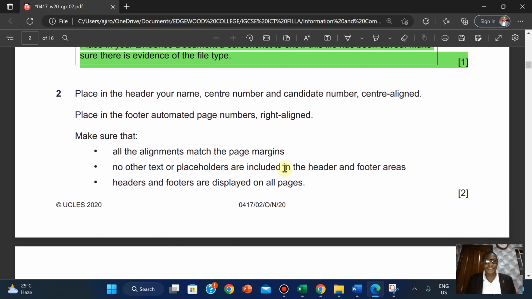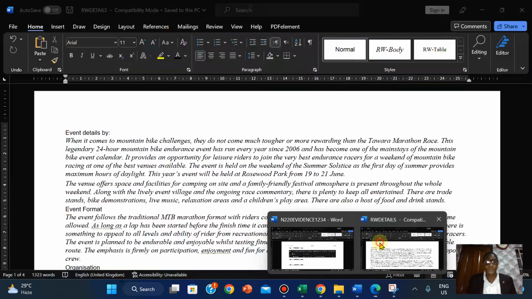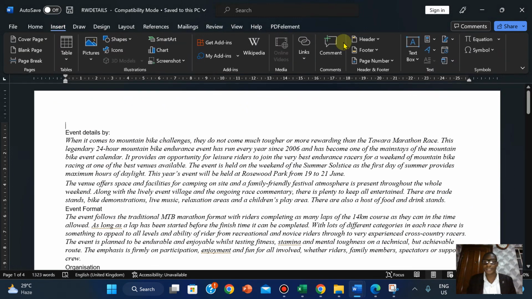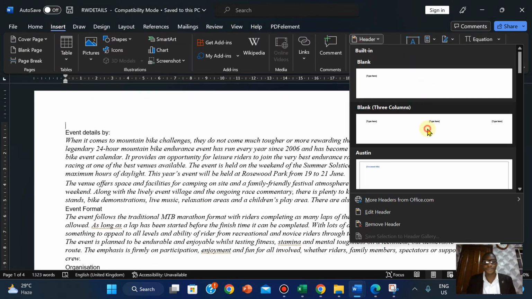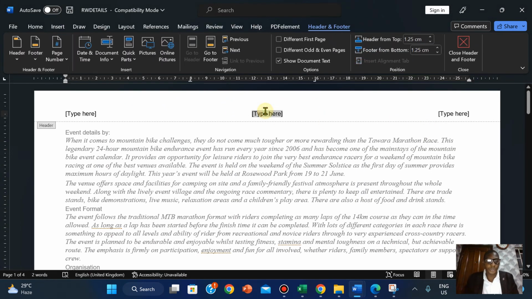Place in the header your name, center number, and kindly number center align. So let's do that. We're going to place that in the header. Click on insert, click on the header, choose the 3 columns. Right here in the center, this is left align, center align, right align. So right here, center align, I'm going to type my name,